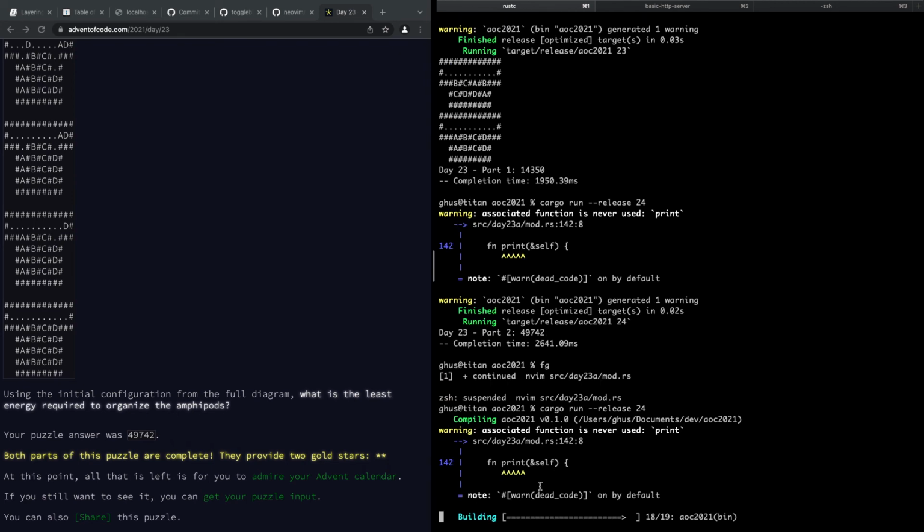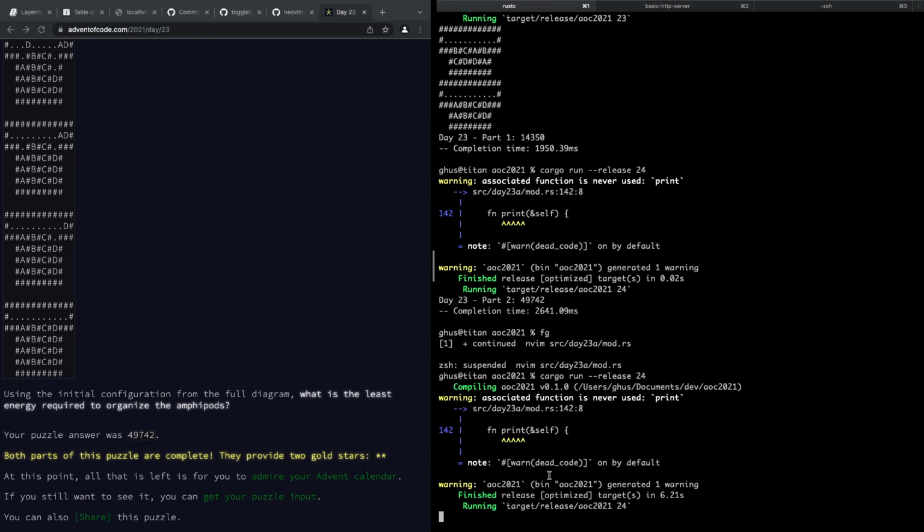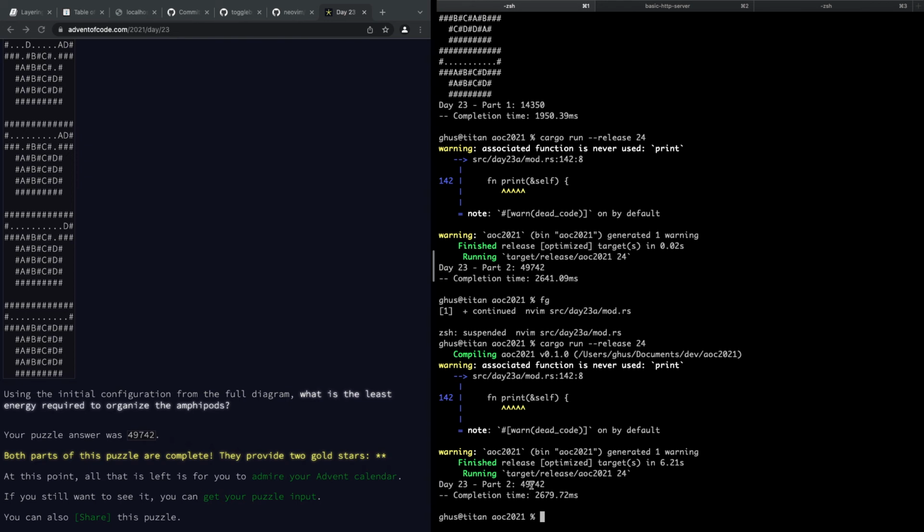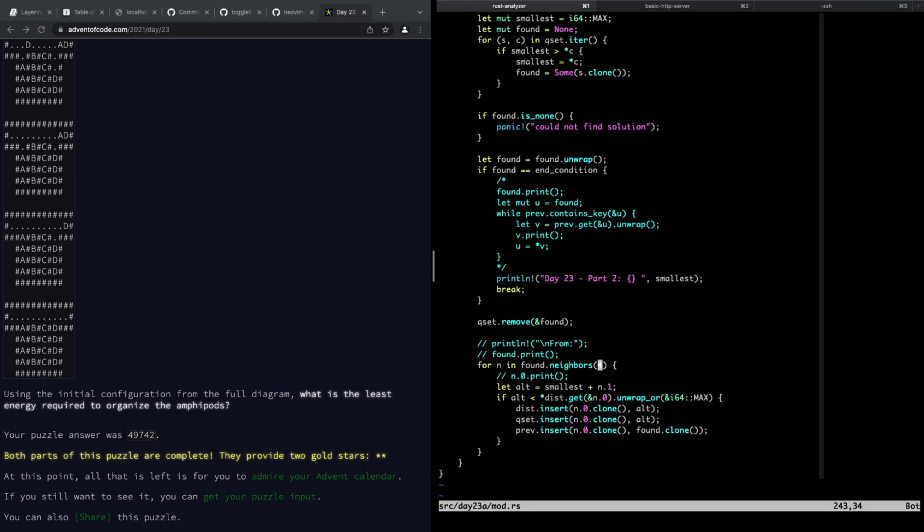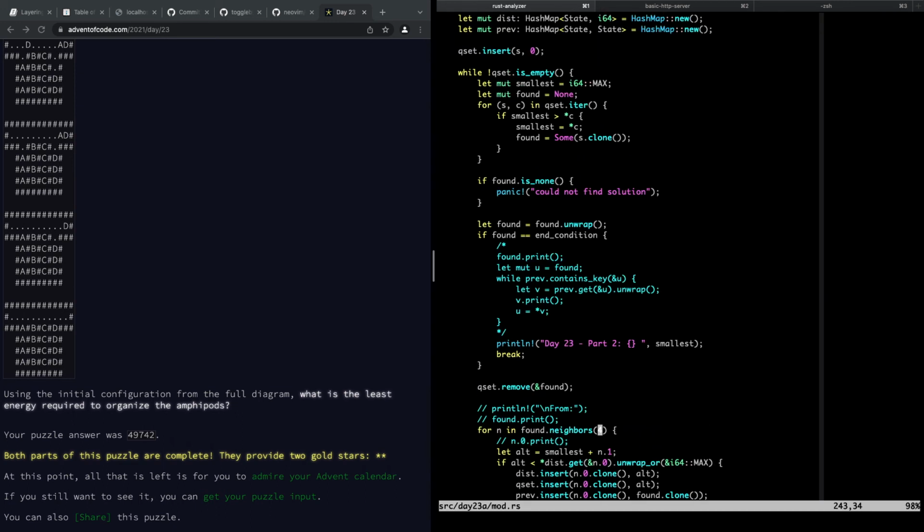Yeah, and this is something else I need to fix. Oh, the print. 49,742. Okay, so it came up with the same number. It took a second longer though. Oh no, 26, 41, 26. Okay, it can't use the same amount of time. Let's clean up too. All right, so now I should be able to use this same code,